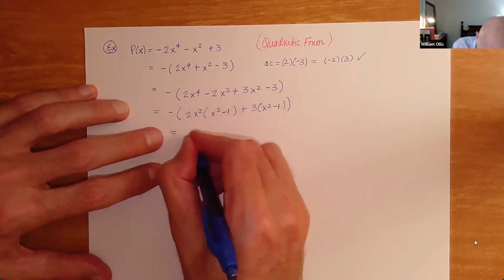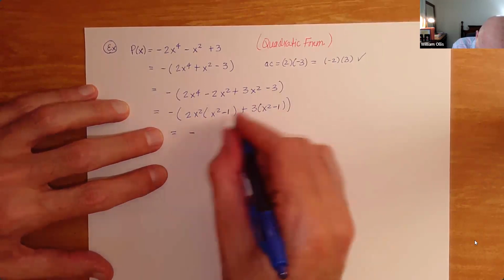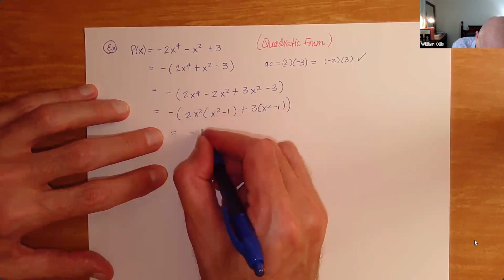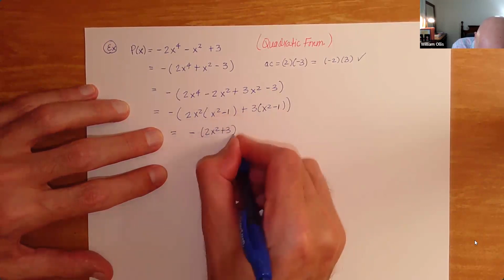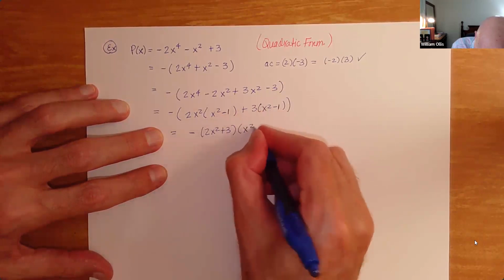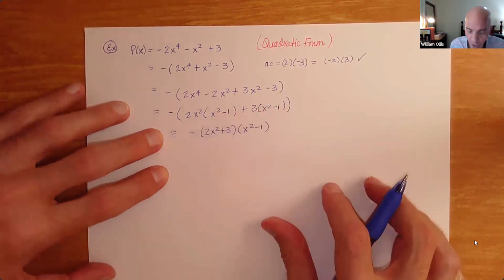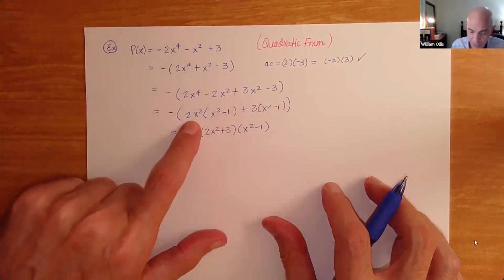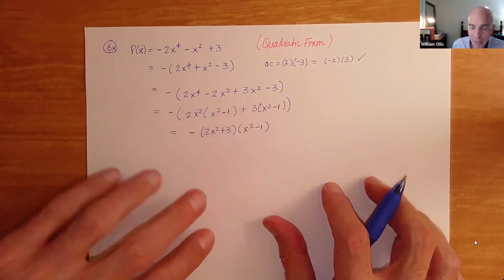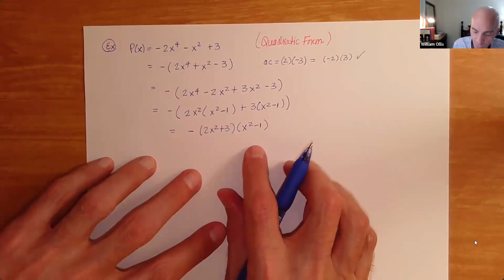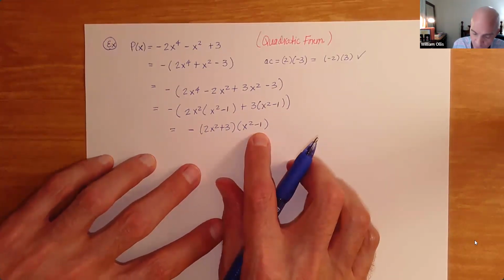Now, of course, that'll give us the additive inverse, and then, of course, we have the 2x squared plus the 3, and we have the x squared minus 1. Just by the distributive law, the x squared minus 1 multiplies the 2x squared and also the 3, and so we get this. Now, what we notice is that we can continue to factor the difference of 2 squares here,